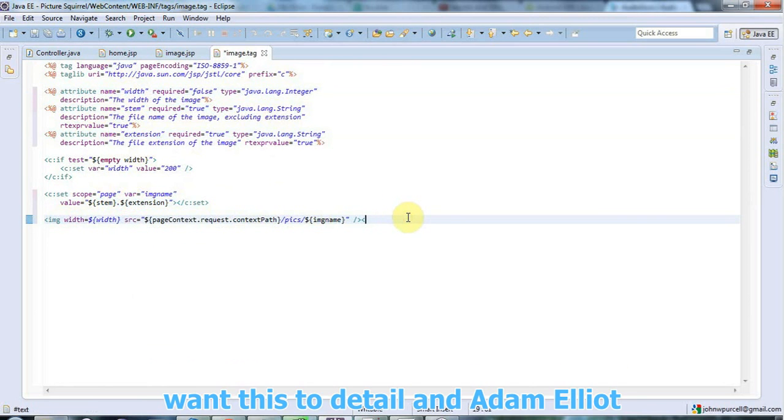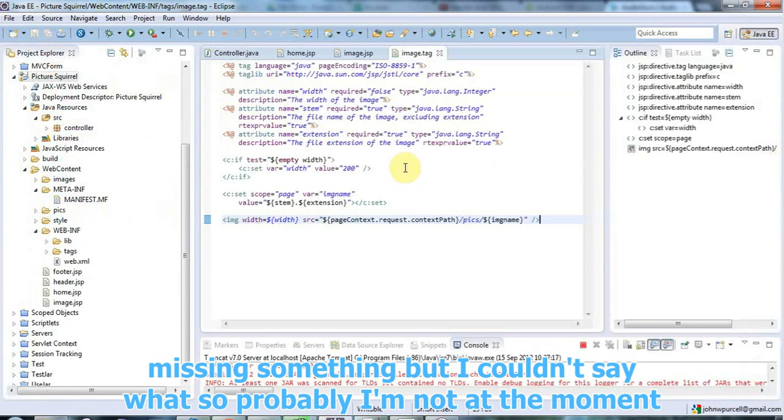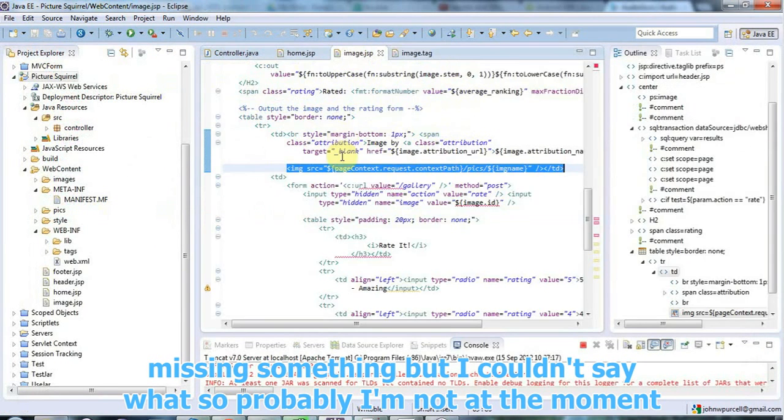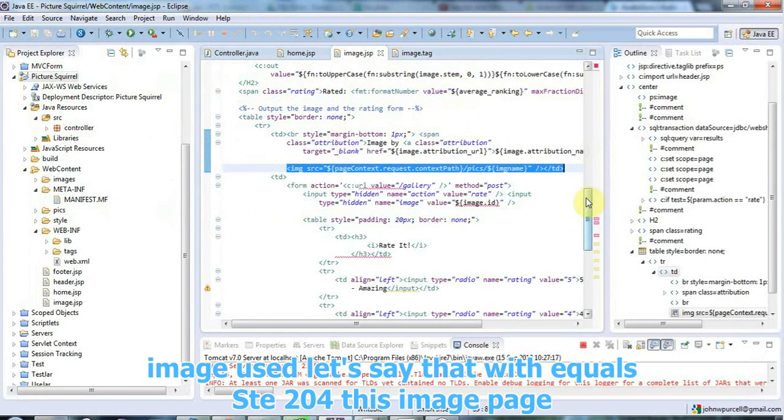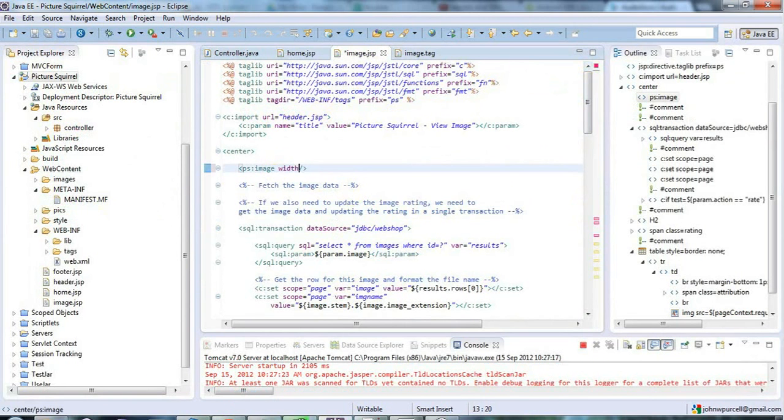I don't want this TD tag in there. I think that's alright. So let's go ahead and run it. I've got a feeling I'm missing something, but I couldn't say what, so probably I'm not. And at the moment I've got the image, I've got the tag being used up here. So let's say that the width equals